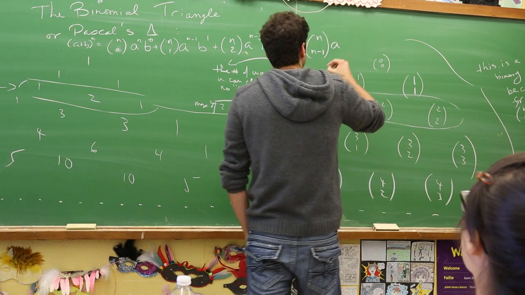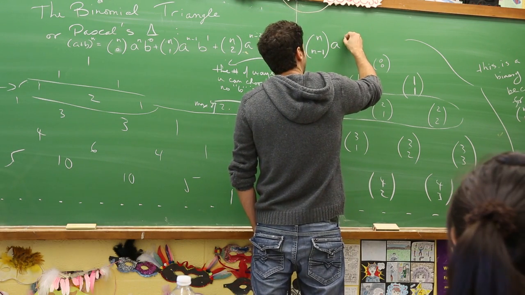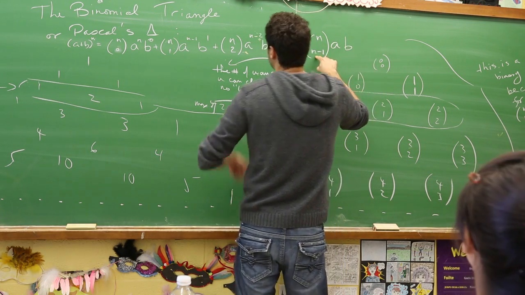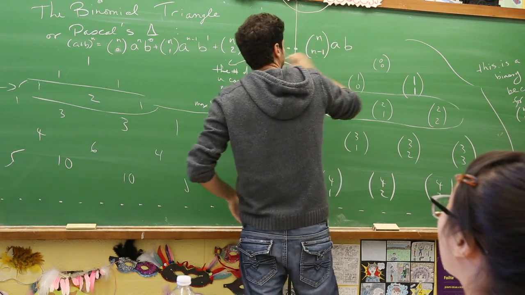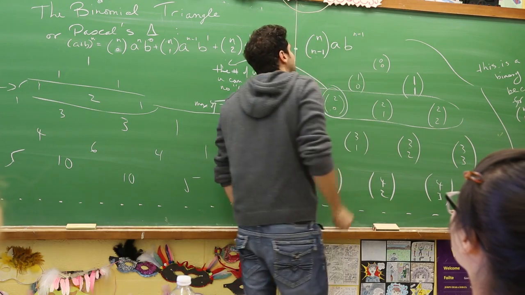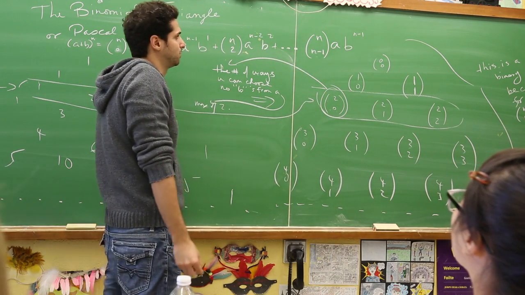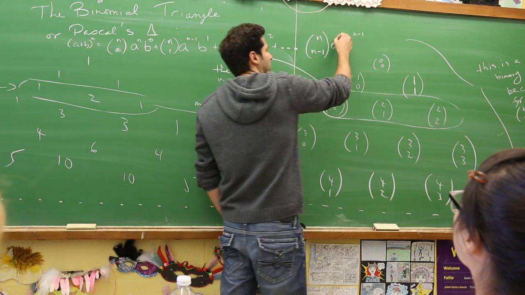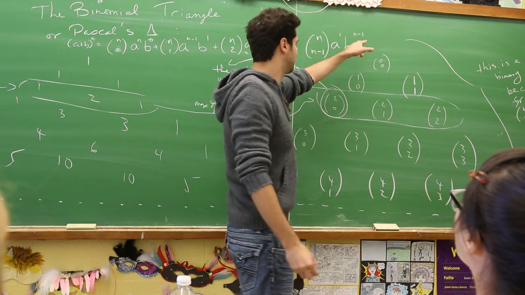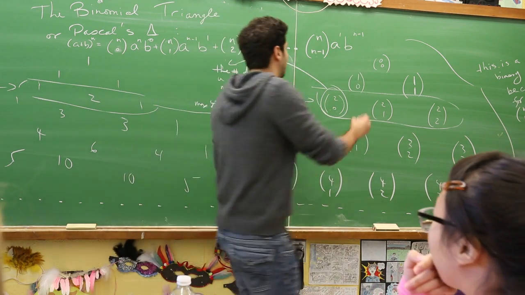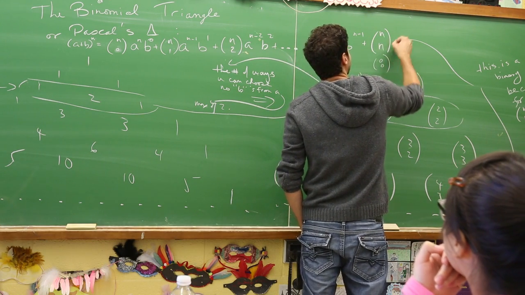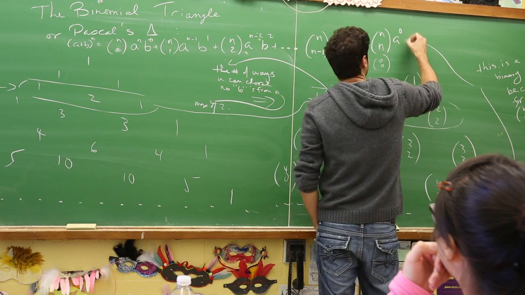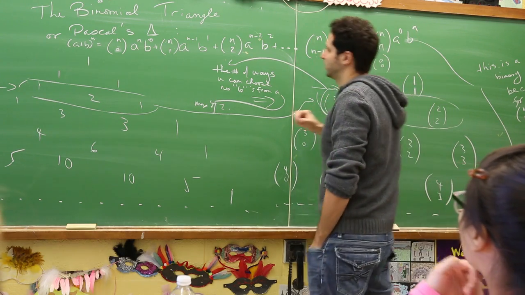n minus r. Now, notice, this always goes with this goes with this goes with this. So this is n minus 1, right? If the two have to add up to n, then that's got to be a 1, right? Because 1 plus n minus 1 gives you n. And then lastly, you'll have n choose n, a to the 0, b to the n. So here's your